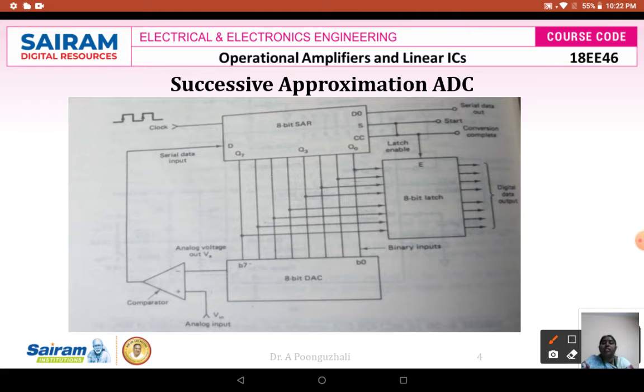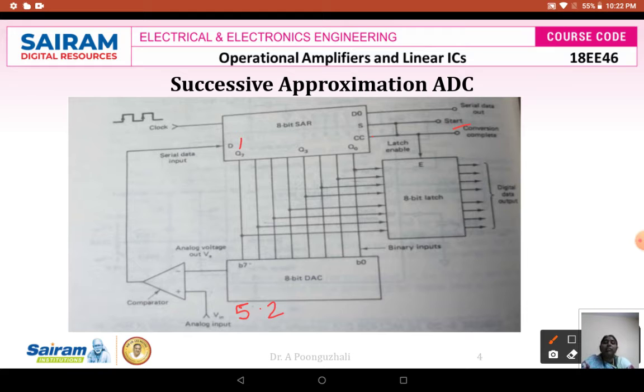So in this case, suppose this is my input signal. I am going to take this input signal to be 5, okay, so if it is going to be 5 or 5.2, I will take it as my input signal there. So first, my ADC will give the start signal. Once my ADC gives the start signal, the successive approximation starts the procedure there. So what it will do is, the Q7 bit will be set first.